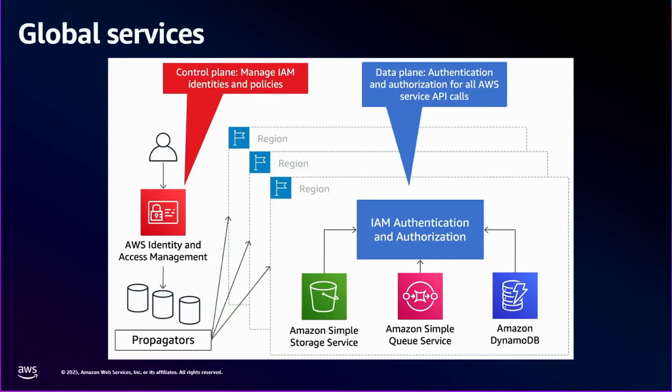Then we've got a small set of services that are actually global in nature. And what this means is that, while the control plane of these services might sit in one region, the data plane itself is global in nature and they sit in all regions. A good example of this is IAM, where an IAM identity like a user, a role, or a principal is global across the commercial partition of AWS. But the data plane to create a session from that role, which is the Security Token Service, is regional, and it runs in the region itself. So another thing to think about when building these services.